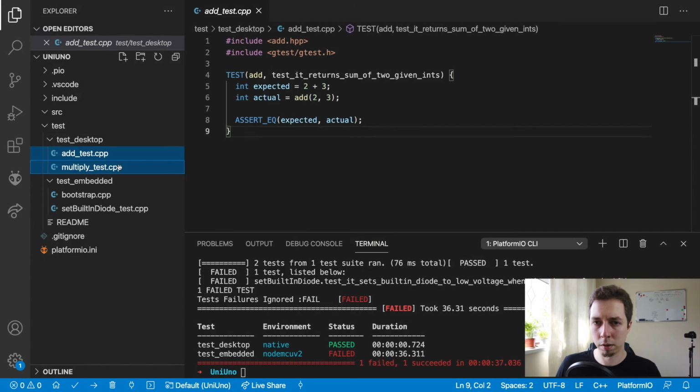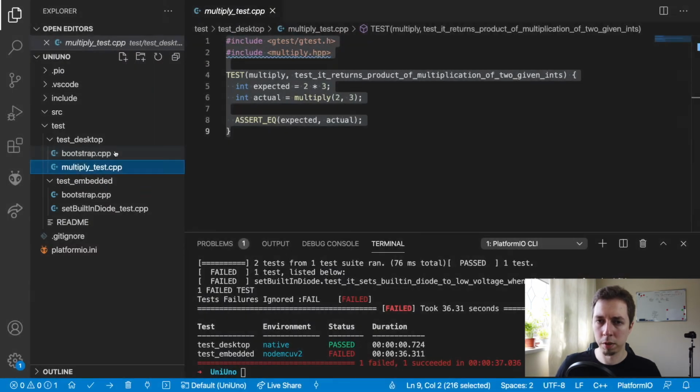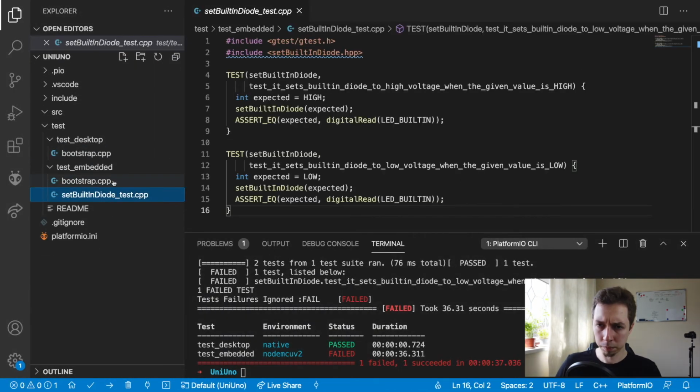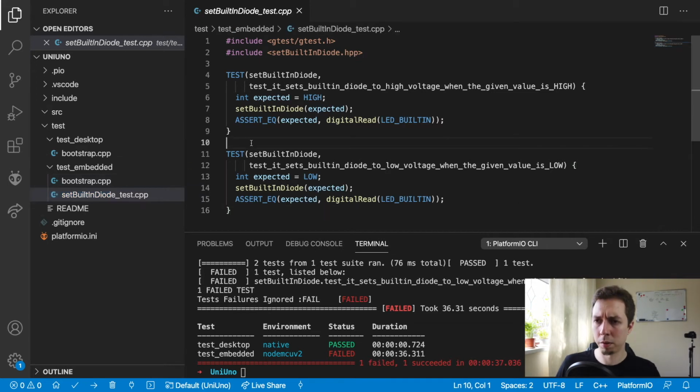Because, oh, actually I did it wrong. So we're going to do this. We're going to remove this. And we're going to keep this for now, maybe, for some copy pasting. Cool. Right. So now I'm going to paste into SRC